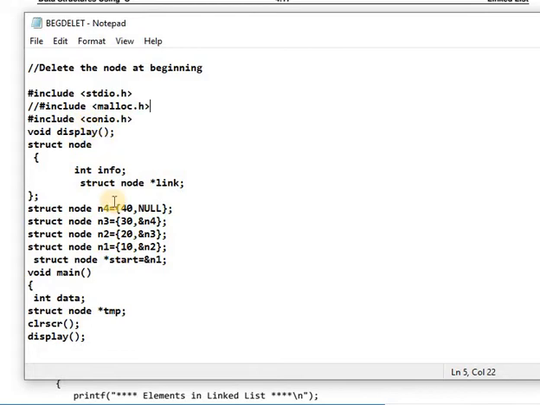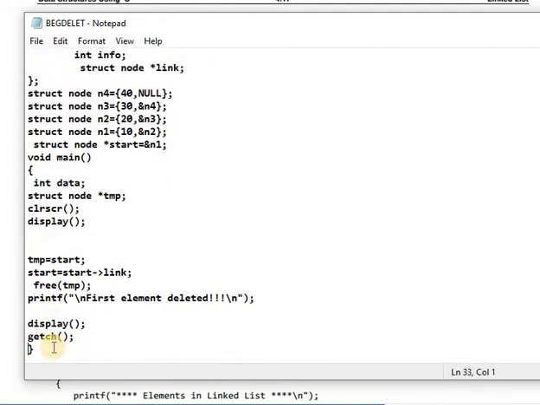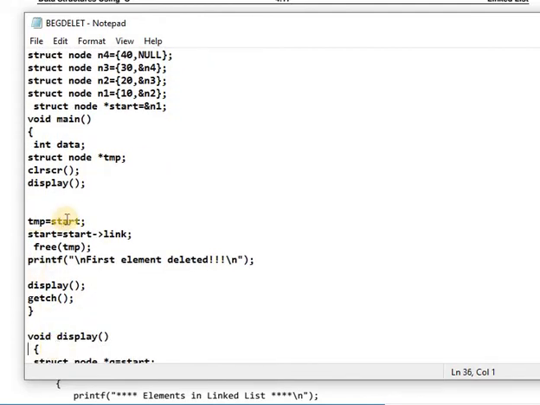These are the same code we studied in the previous lecture on inserting elements in a singly linked list. Then in main: variable declaration, clear screen, and the display function is called.